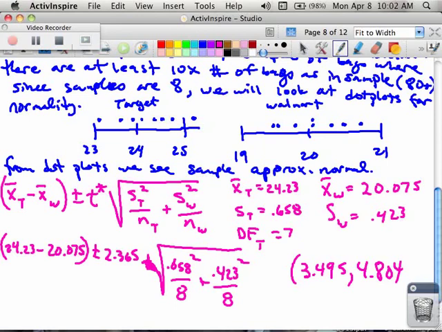What that means for us, really, is that Target bags are holding 3.5 to 4.8 more pounds than the Walmart ones. That's what it's saying. Yeah, so that's the in context part. So this interval tells us that on average, Target bags hold 3.4